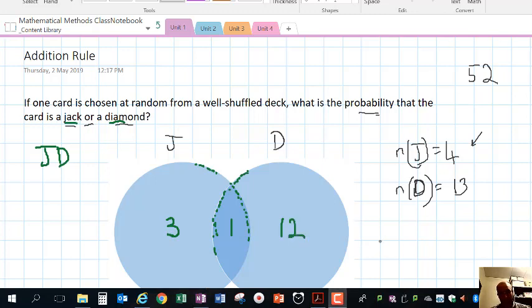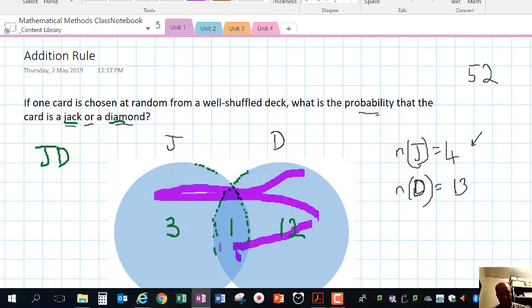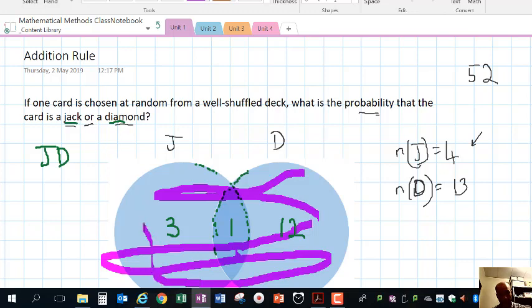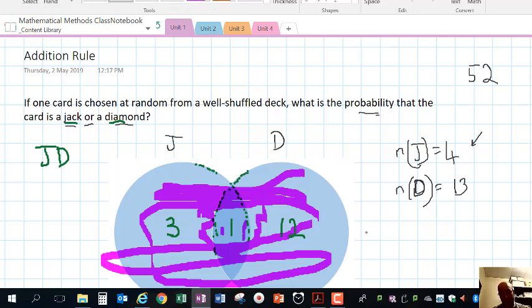So answering the question, jack or diamonds, that basically will accept anything inside this entire zone here. So I would just need to choose an appropriate color. I'm not going to color everything meticulously, I'll just be pretty loose with that, but you get the idea. All the way through everything is "or", but of course it would be wrong to double up, as I said, in the overlap. So what we would do is write the following, so that we've basically got the probability